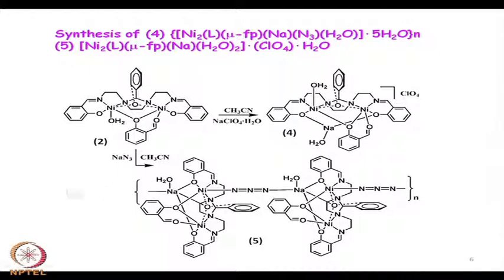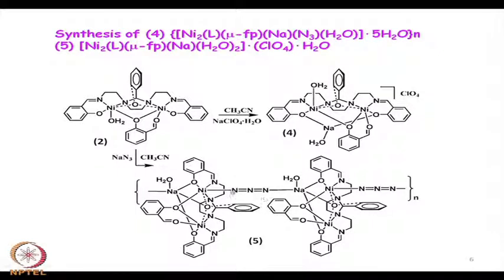So, it is basically a coordination polymer, a 1D chain is forming, and it is a very unlike unit: when you supply both the sodium and azide, azide is coming and occupying the sodium site, and already through this reaction we have seen that sodium can bind. This is binding through the ligand oxygen end only. So, basically we are decorating the molecule by putting sodium on the 2 oxygens. These are basically binding on the oxygen. Because this sodium is again a metal center, it cannot interact with the nickel. So, already you have the sodium.